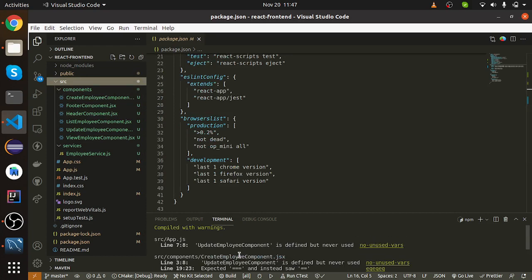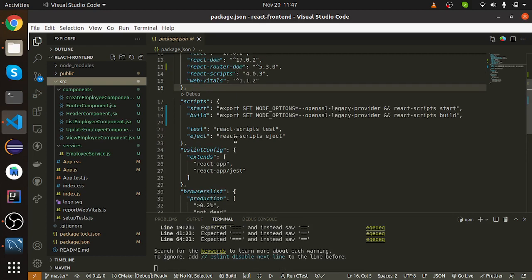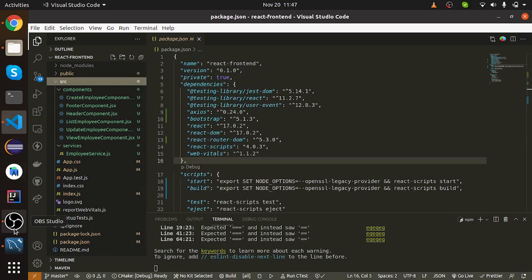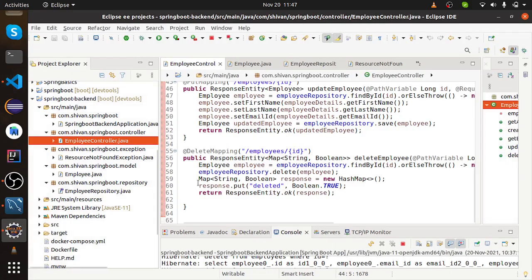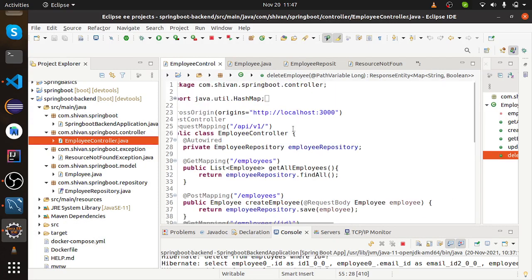To run the application, you use npm start and the React application will start. For the Spring Boot application, you can just run it as a Java application, and it will start. It will all be mapped through this.